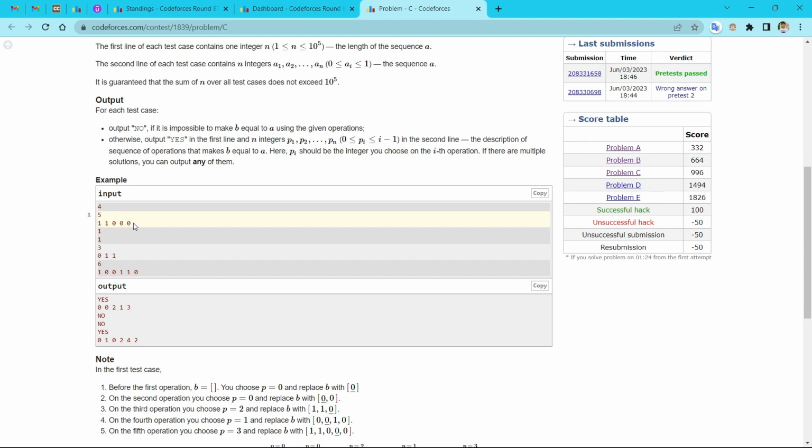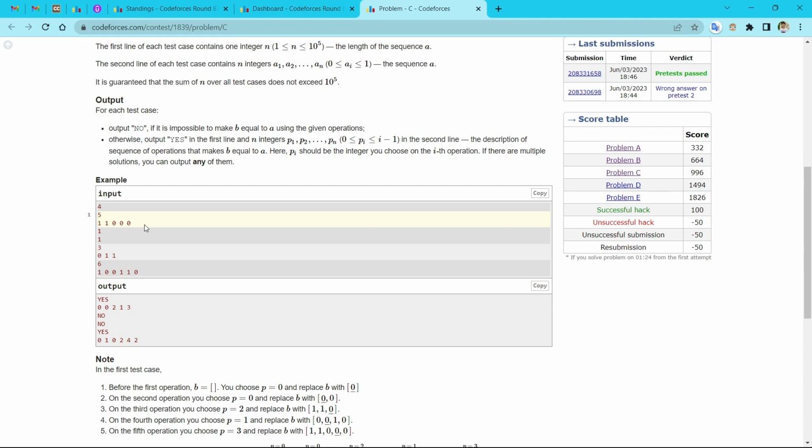If I get this answer, if the final array is 0 0 0 0, that means I can simply get it. How? We can simply put all the zeros at the 0th position, and that's how we can make this array back. Since we are going from back to forward, dismantling the array rather than building it from scratch